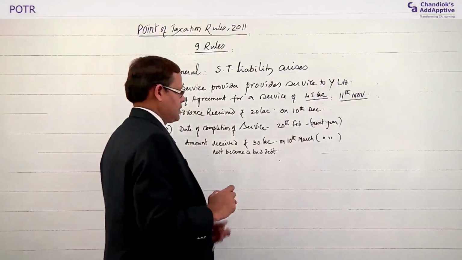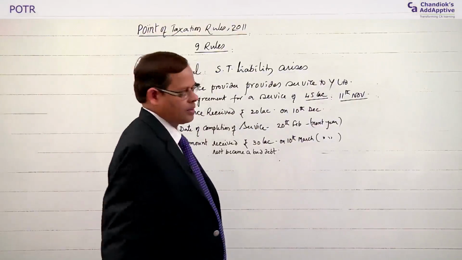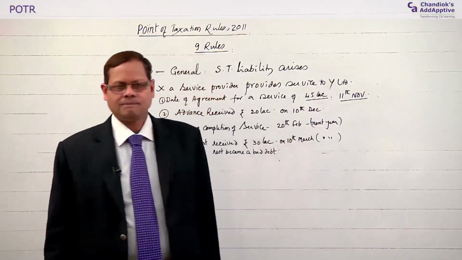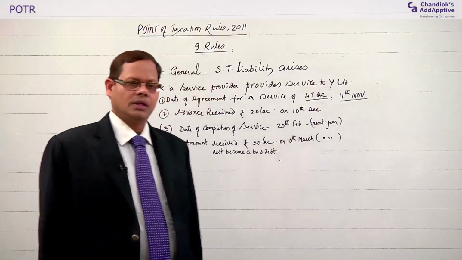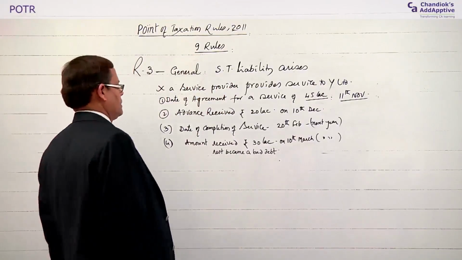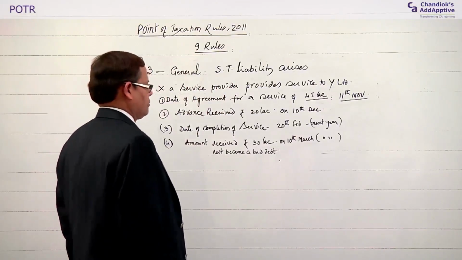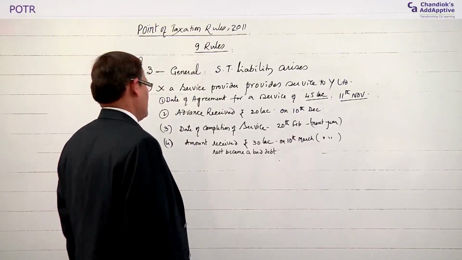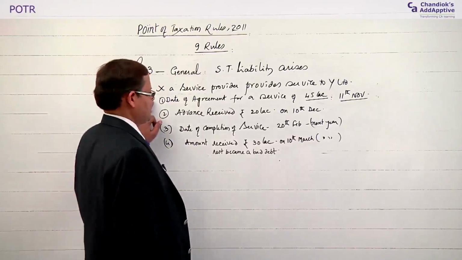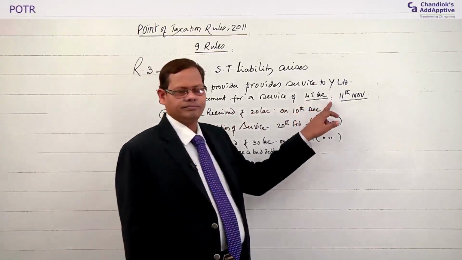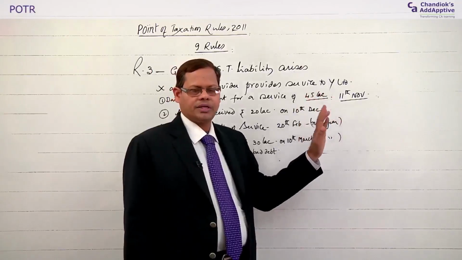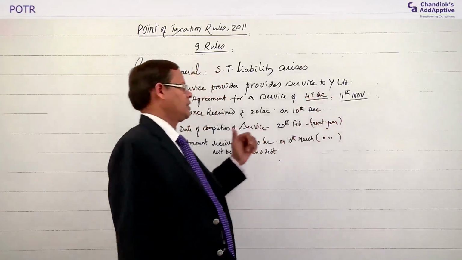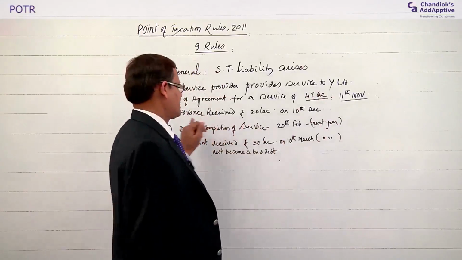So what is the tax liability? What is the due date? From this it should be very clear. It is a case where you have received an advance. So how to take it? First thing is, look at this transaction. The date of agreement has no significance. They have agreed; there was an agreement to provide and receive service. But when the advance was received, tax liability arose.